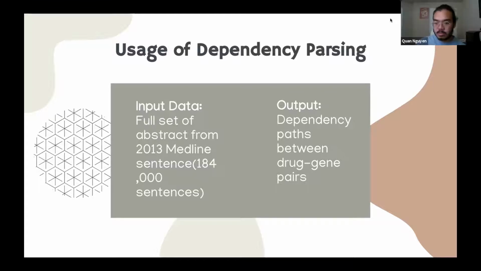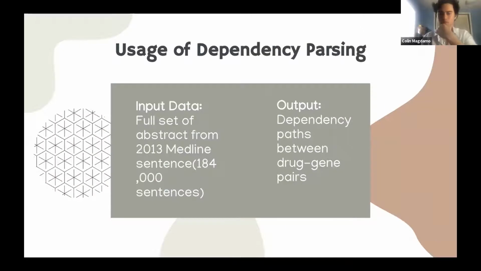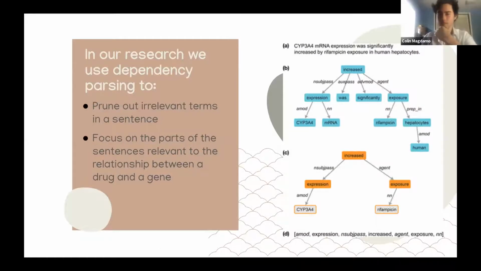Yeah, I think I can answer this, unless someone else wants to answer before me. I feel like I've talked a lot. It's never a bad thing. It's showing you what the linkages are between the two things you're interested in the sentence. So that piece is one example of a column inside the matrix that Quan was just talking about. Like he said, every row is a potential pair of things to be connected. Every column is a binary indicator suggesting, are they connected by that particular dependency pair? In the rows, it's every drug-gene pair, so there are going to be a lot of rows. Exactly. Okay, yeah. I think that was kind of the confusion.